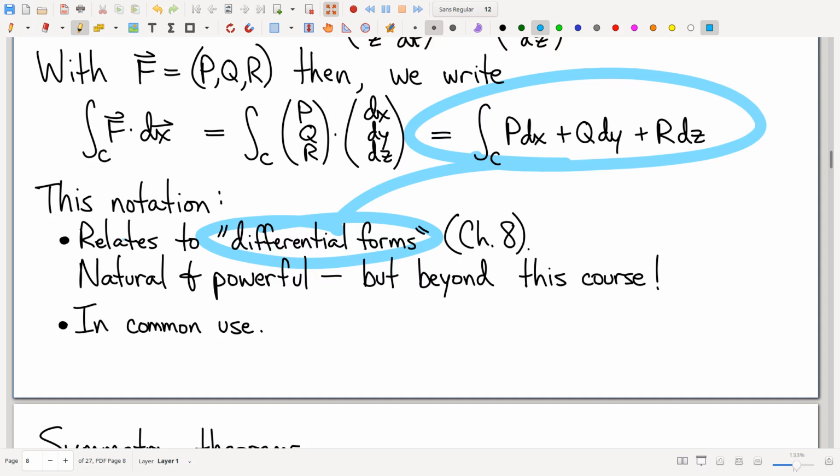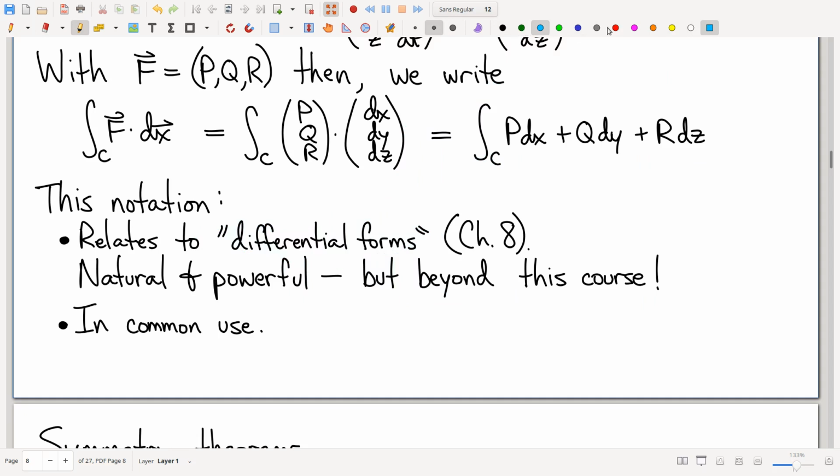Now, that said, all of that's beyond this course. We're not going to do anything with differential forms in this course. Not that we couldn't, but I just feel like this course is packed enough as it is. It's pretty abstract and hard to relate to, and I just don't think it fits well with what we're doing. So even though there are powerful things you can do with this notation, we're not going to do any of those things. And yet,